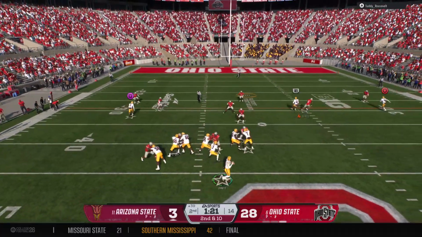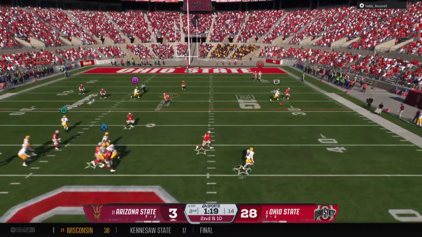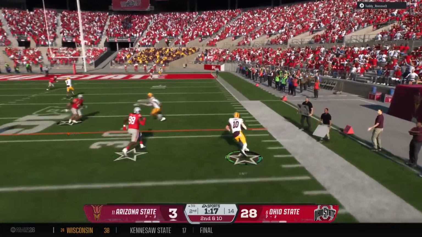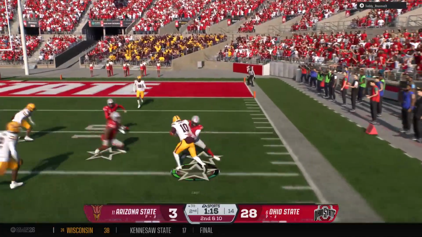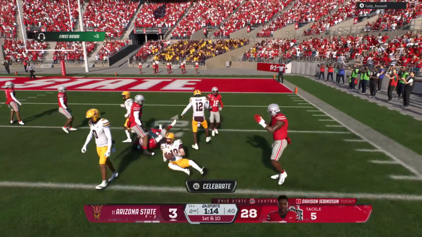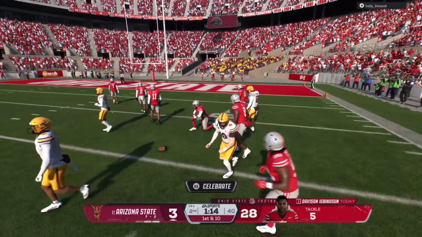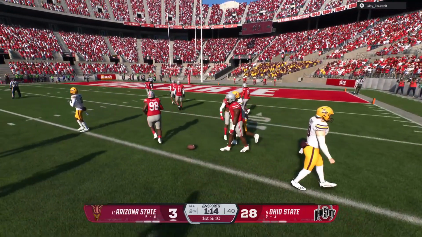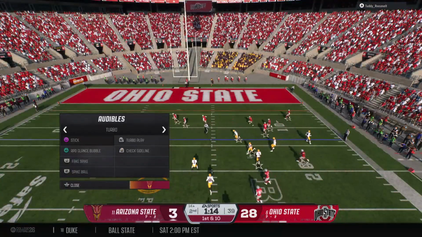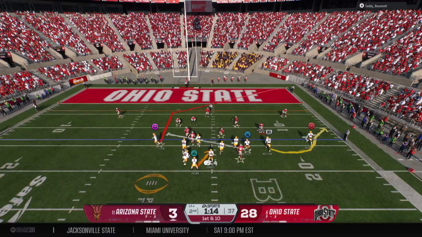After the incompletion on 1st down, looking to throw it again. He's going to pull it down and run. QB gets the first, now looking for more. They finally get him down, but that is a huge play. Quarterback doing it with his legs. And the Sun Devils looking to run some tempo here.